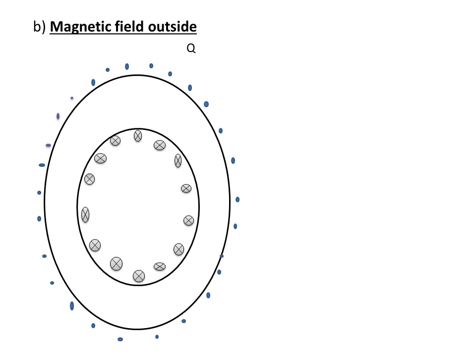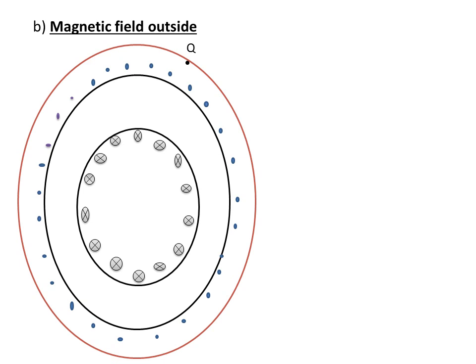Now we are going to find magnetic field at a point Q outside the toroid. For that we have to draw an Amperian loop through Q. Again it is a circle around the toroid. Now if we consider a loop inside the toroid, we can see that for half the circle current is coming upwards and for the other half current is downwards. First part can be considered as positive and second part as negative. So for all the loops, half will be positive and other half will be negative.